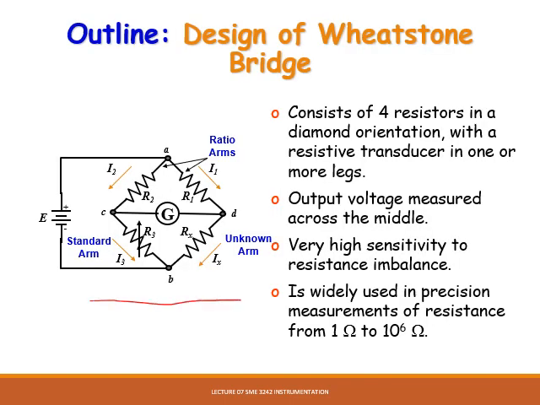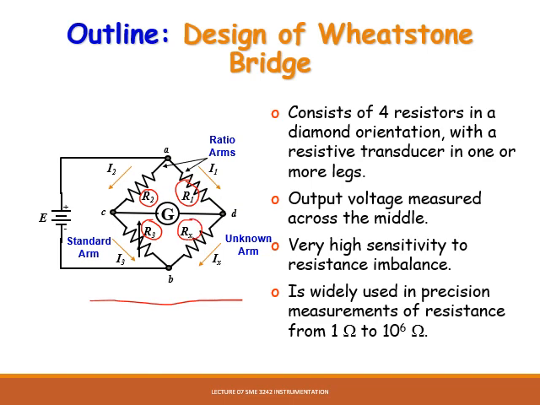This is the circuit for a DC Wheatstone bridge. As we can see here, it is in a diamond shape with 4 resistors. Normally, for resistor 1 and resistor 2, we use a fixed standard resistor. As for resistor 3, sometimes we use an adjustable resistor. This is to use an adjuster to balance the resistance in the circuit. Lastly, Rx or R4